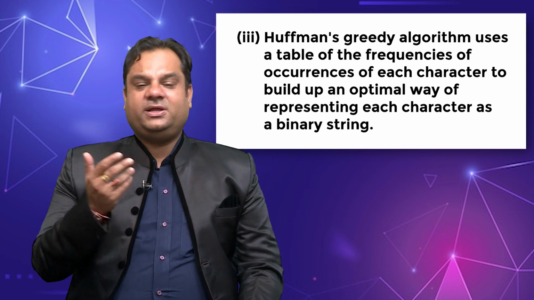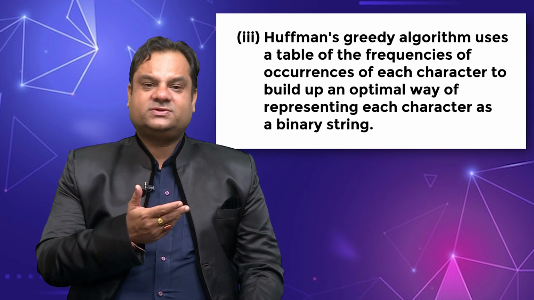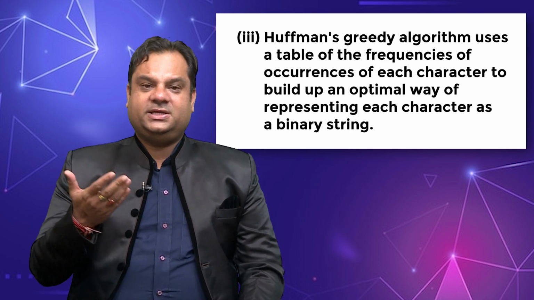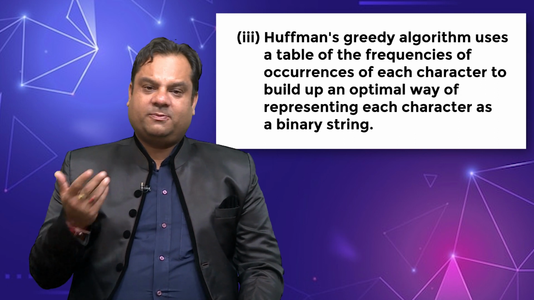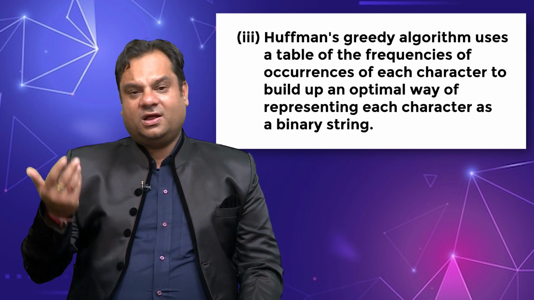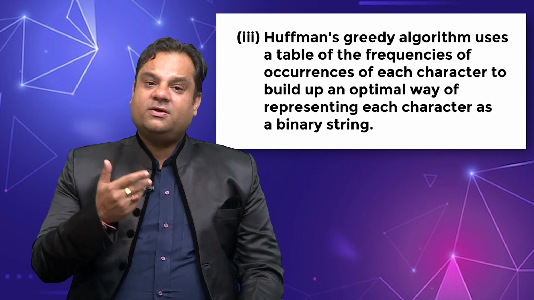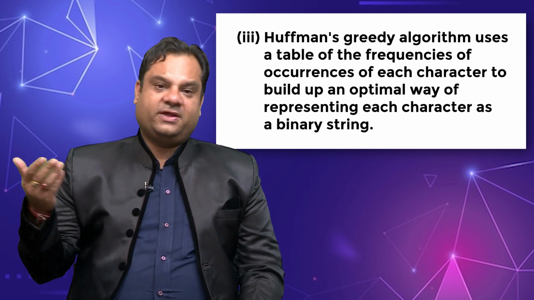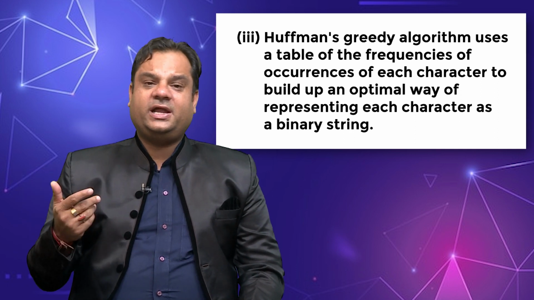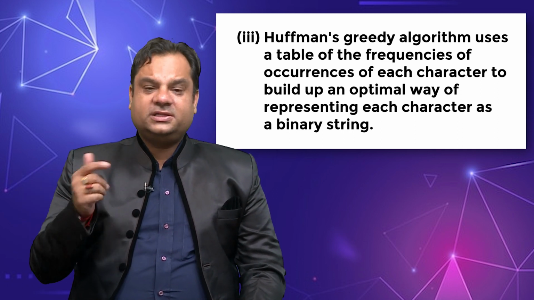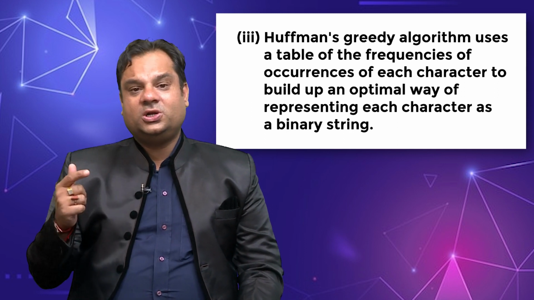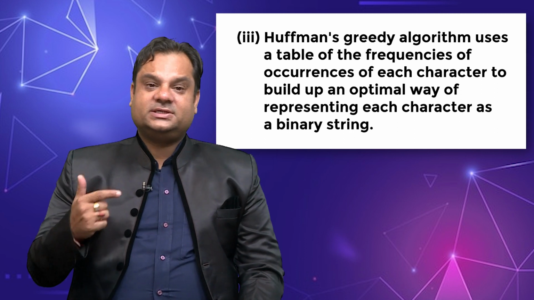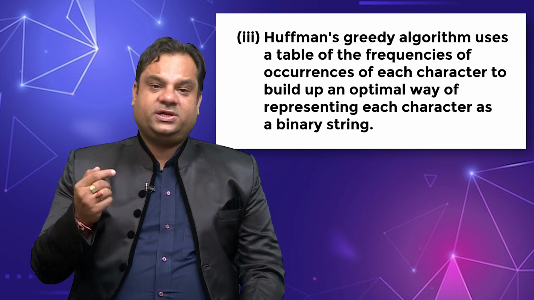When we create words or make languages, we require a lot of characters like A, B, C, D up to Z. We require a lot of alphabetic characters to create any single word, and by the words we can make a language also. With the help of the greedy algorithm, Huffman will determine how many characters occur in creating a string or a word